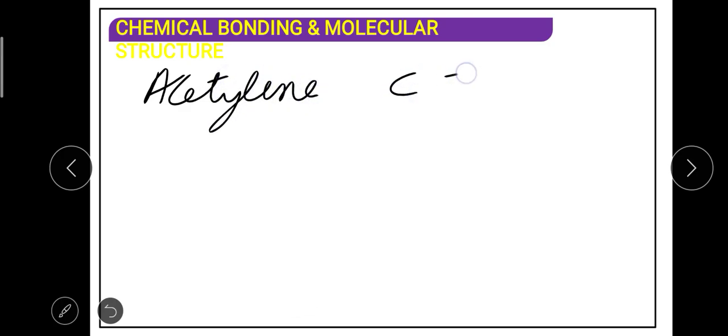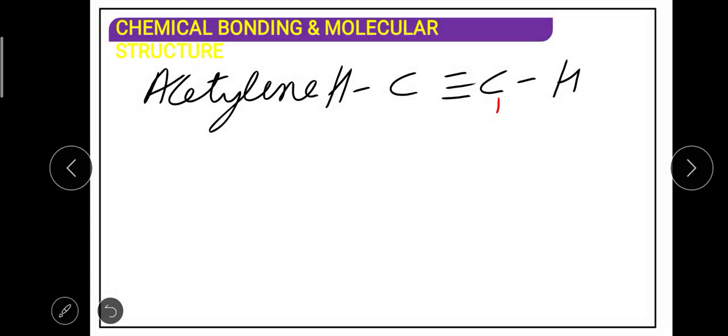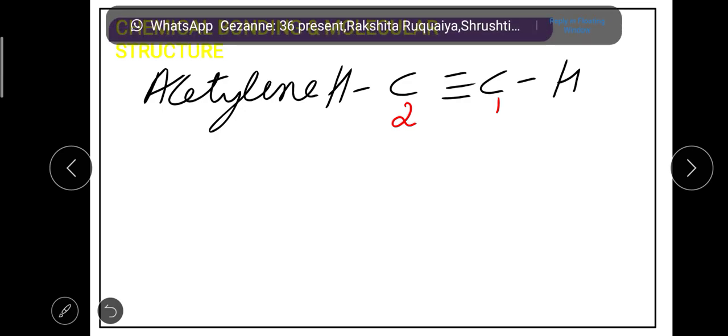Acetylene has the following structure. In acetylene, there are two carbon atoms, carbon atom 1 and carbon atom 2. So when I am focusing on carbon atom 1,